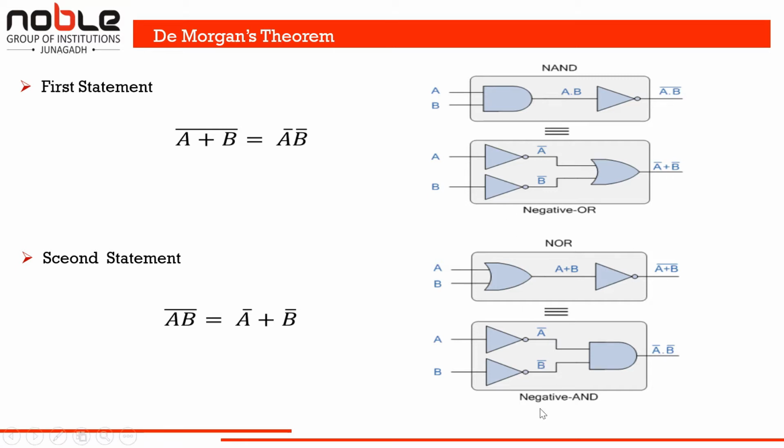In the figure below, it is the negative AND gate, which has two NOT gates, one having input A while the second has input B. The outputs of these two individual NOT gates, A bar and B bar, are directly connected to the inputs of the AND gate. Hence, the output of this AND gate is A bar dot B bar.